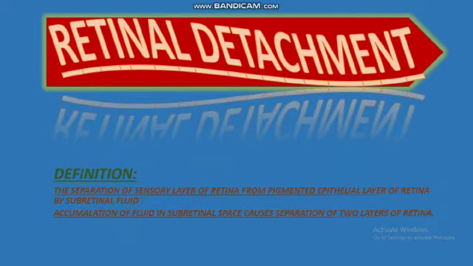Now first of all, the definition of retinal detachment: the separation of the sensory layer of retina from the pigmented epithelial layer of retina by the subretinal fluid is known as retinal detachment. Basically there are two layers of retina, the sensory layer and the pigmented layer of retina, and the space between these two layers is known as the subretinal space. When due to any reason fluid accumulates in this space, it causes the separation of these two layers of retina,